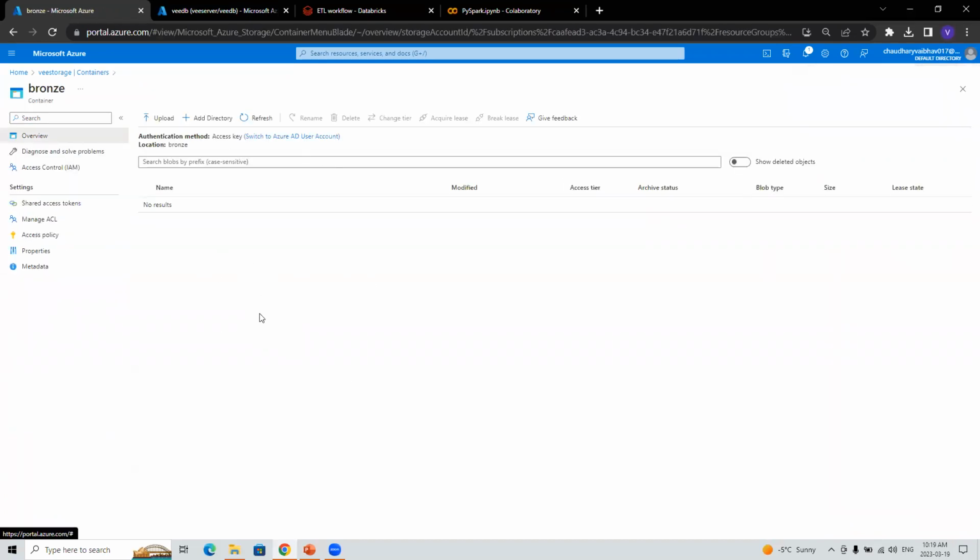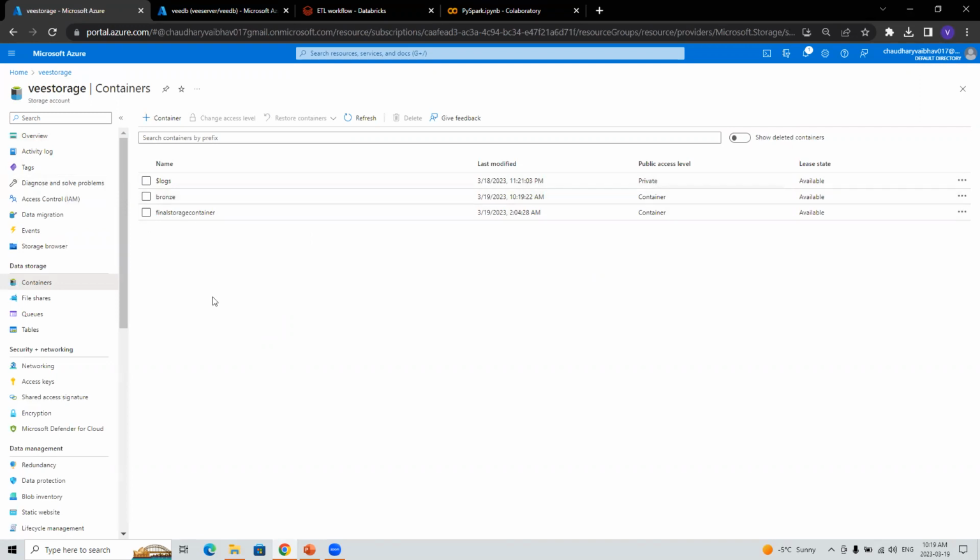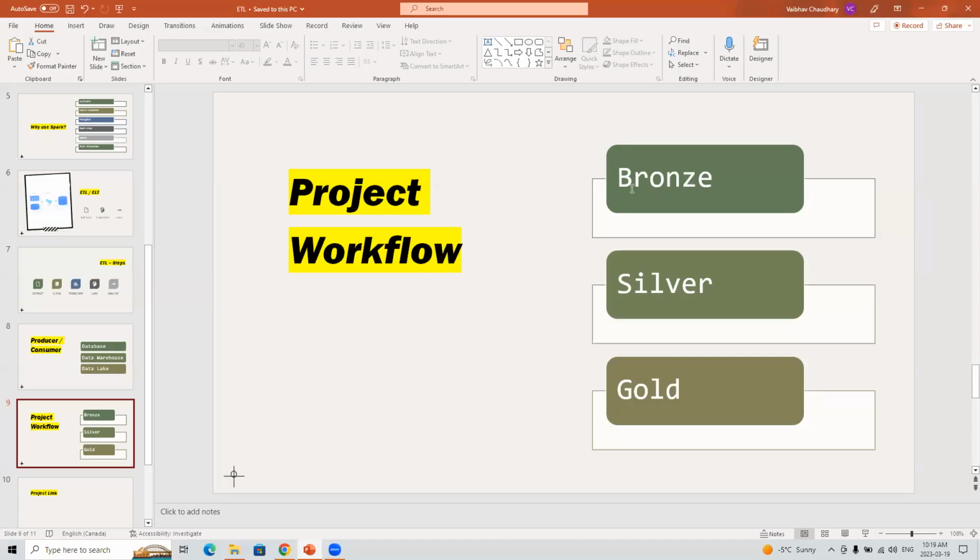So your question was, if my team or my development environment or production environment is asking me, where should I get this data from? This is the bronze layer, you'll be getting the data from here. You'll be making one more container, silver, which will be having the cleaned files of this bronze layer.